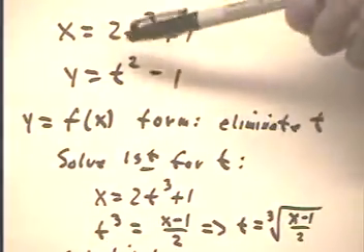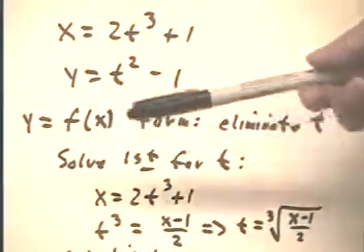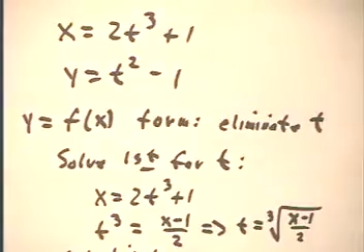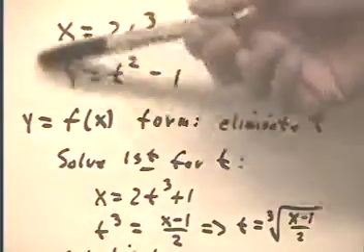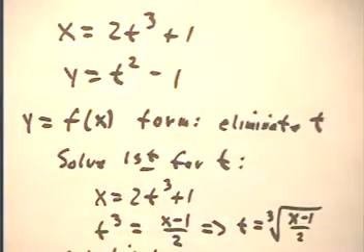Now we want to put these two parametric equations into a y equals f of x form. That graph that we just saw is a function, y is a function of x, and we can obtain that function of x from these equations. Now what we get when we do this sort of thing